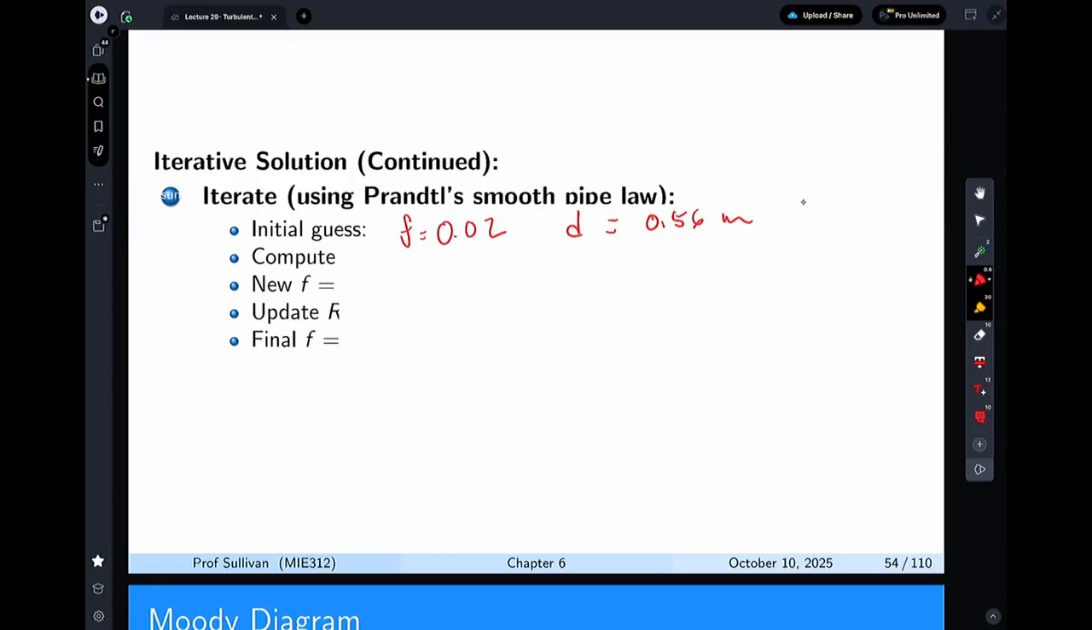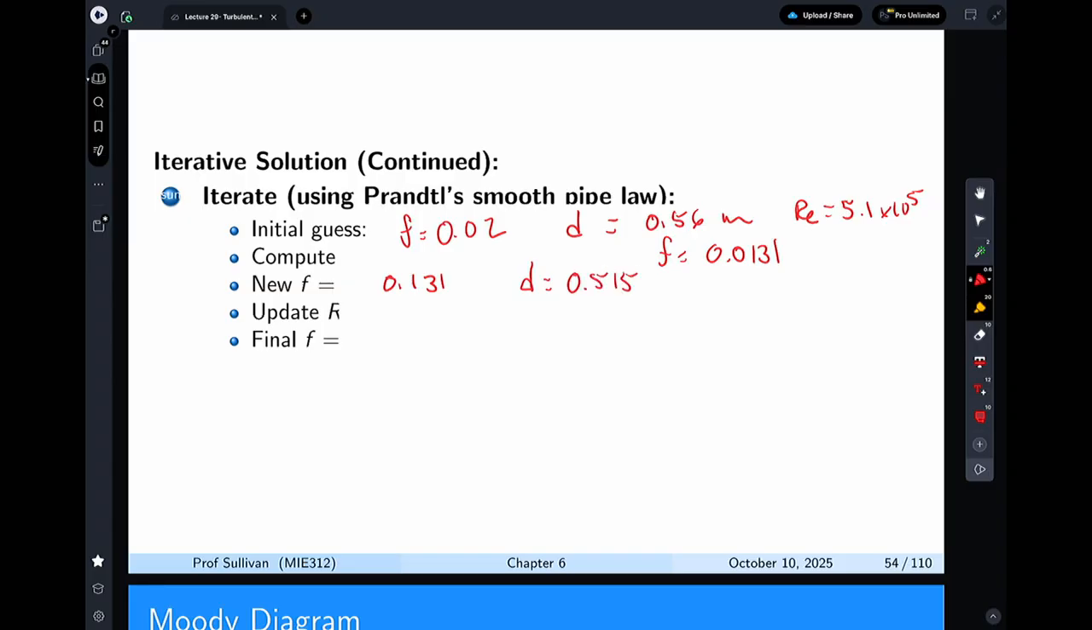Reynolds number equal to 5.1 times 10 to the 5th, and you update F to equal 0.0131. You then do it again. These types of problems are type 3 problems where you're getting the diameter. You get a new value of 0.0131, and the diameter switches down to